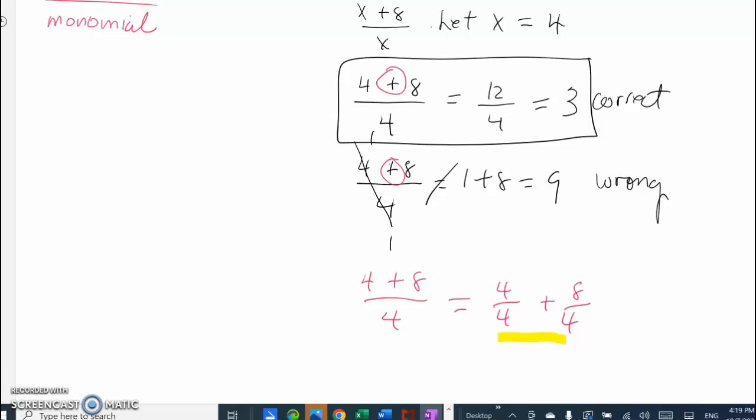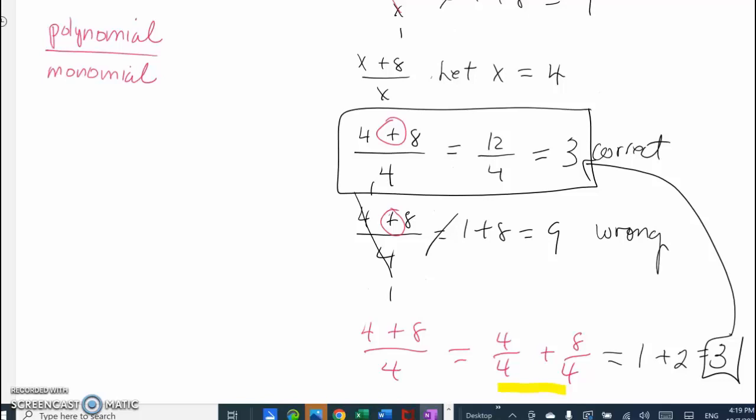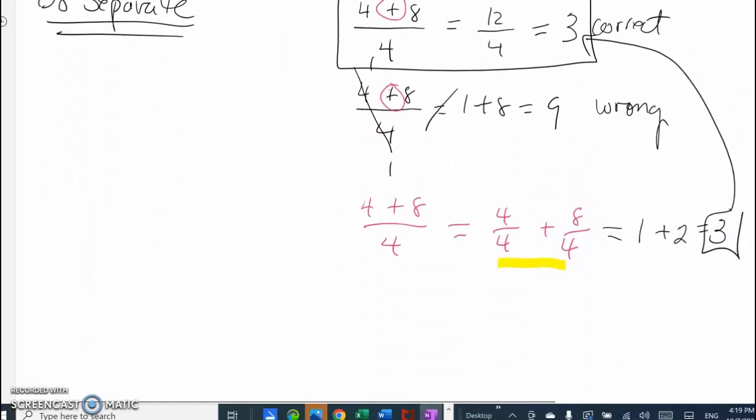Okay, so now we get 4 over 4 is 1. 1 plus 2 is 3. Does it match the correct answer? And the answer is yes. So you cannot cancel when you have a polynomial over a monomial, but you may separate. So I'll put do separate. When you have a polynomial divided by a monomial, do not cancel if you see this format, but you can separate. Okay, so now let's go back to our example, which was negative 6x